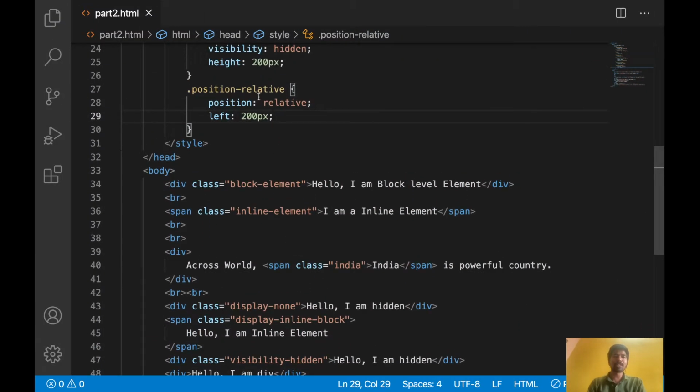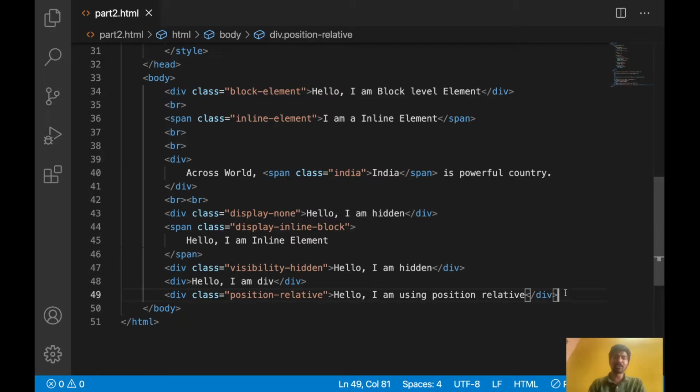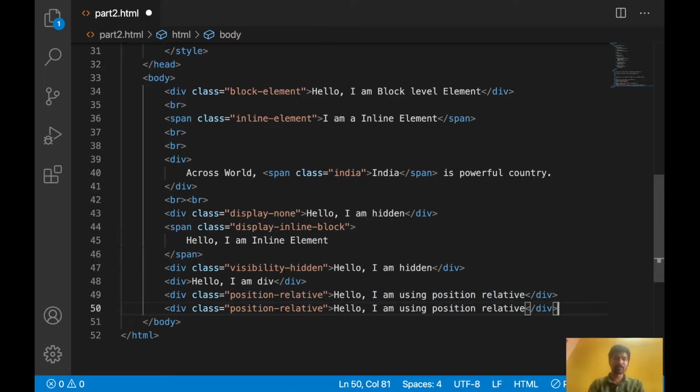So that is about position relative. From the existing position you can move the element to four sides. Okay, next one, position absolute. Let's copy this one. So here you change the class name, obviously. Okay, for this let's apply position